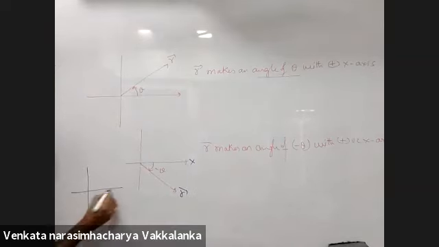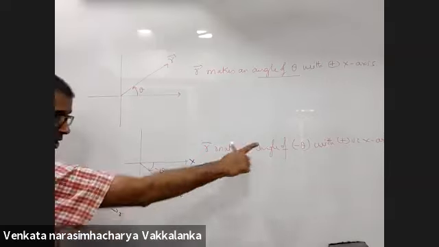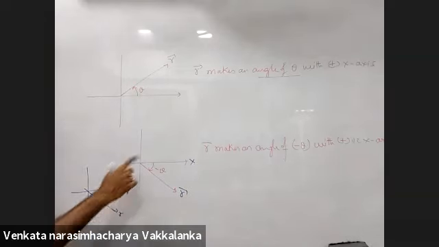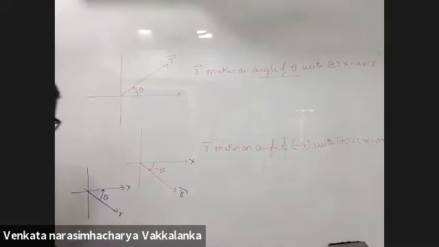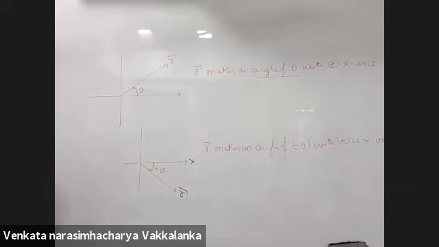If you want to do the measurement from the vector R till the x-axis, then this will be plus theta. But then you will have to tell me the x-axis makes an angle of plus theta with the vector. Then the terminology will change. Here R makes an angle of minus theta, then you will write the x-axis makes an angle of plus theta with the vector. Sir, while drawing also we need to write negative theta? No, we actually don't need to write that minus theta.